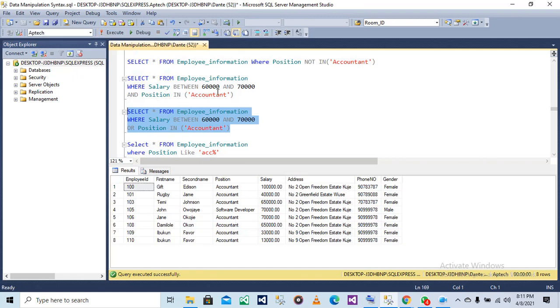So you can see the difference. Select all from employee information where salary between 60,000 and 70,000 and position in accountant.